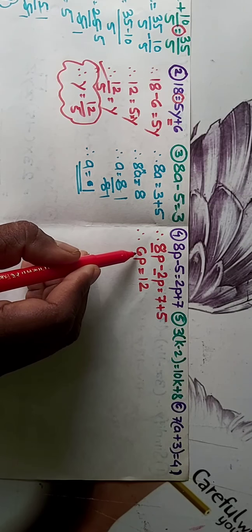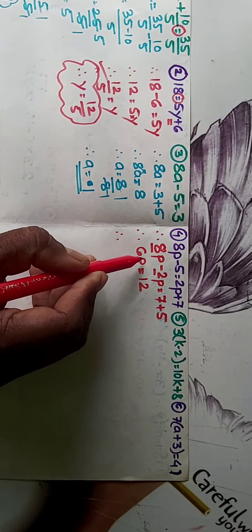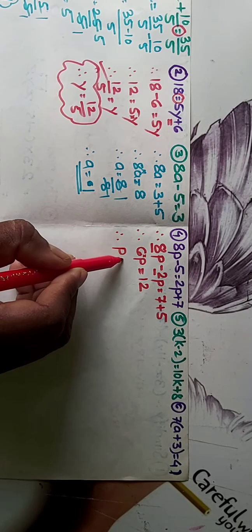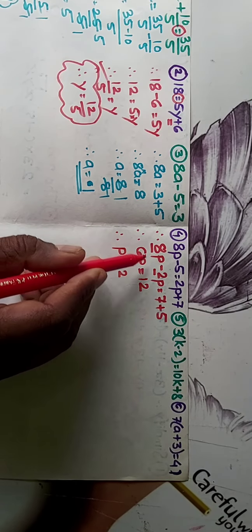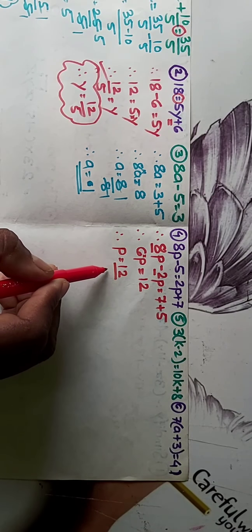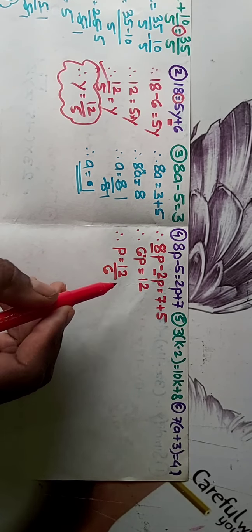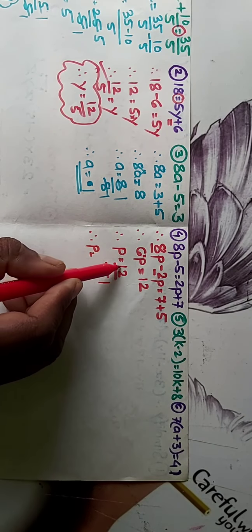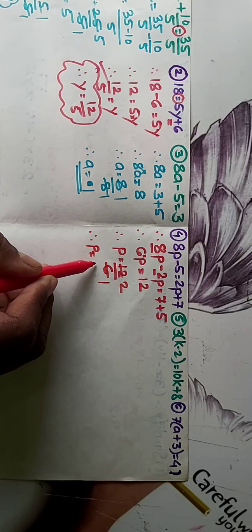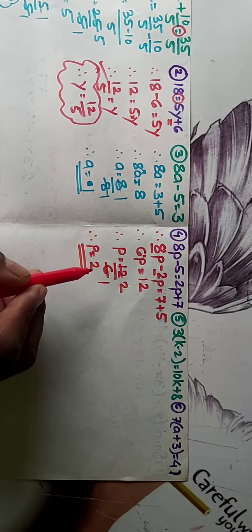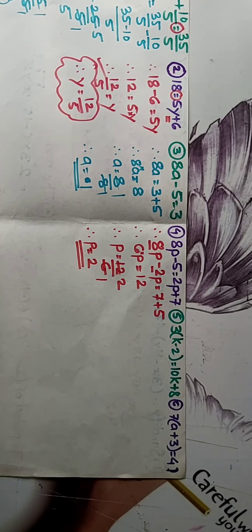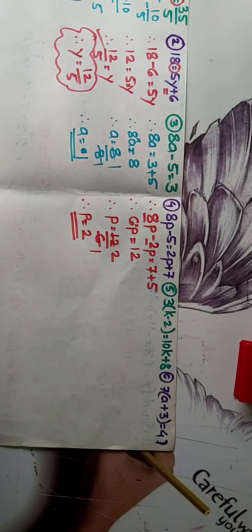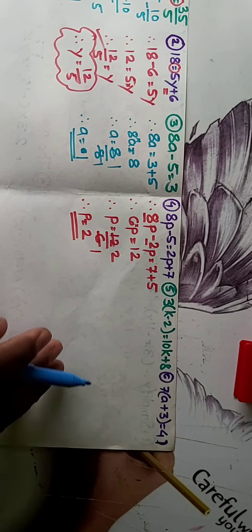Okay, now we got 6p is equal to 12. Therefore as I told you, here always a multiplication sign, so we have to find the value of this variable p. Therefore p is equal to 12 as it is, this 6 transposing to this side becomes divided, so p is equal to 12 divided by 6. 6 1s are 6, 6 2s are 12, so 2 upon 1 means 2, so the value of p we got is 2.